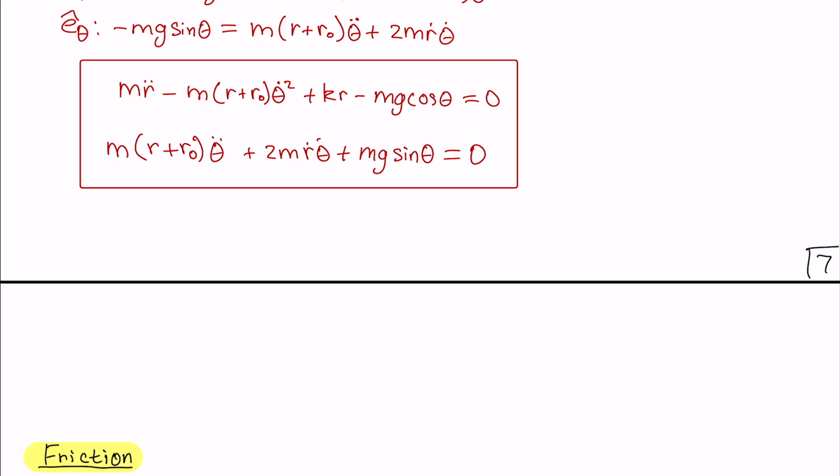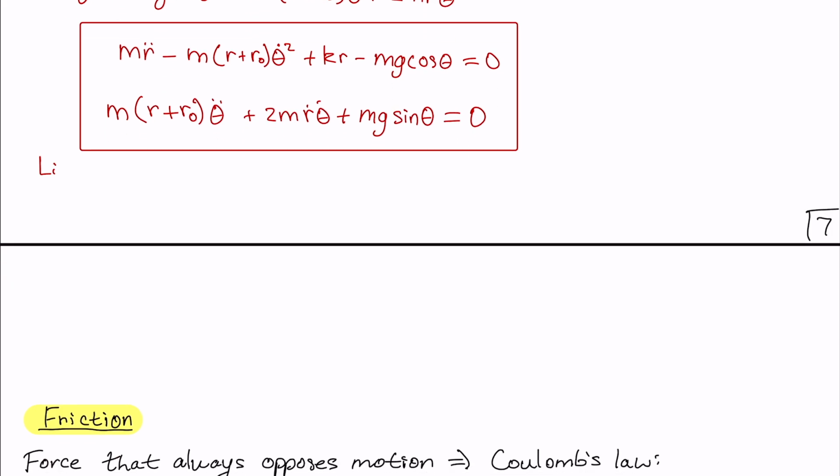We're going to go ahead and linearize these, and we won't be able to eliminate the coupling. If you want to eliminate coupling, you've got to go to another class. You've got to go to 3530. But we'll linearize these, and we'll see what the linear equations look like, and we'll see how it's almost decoupled. So we're going to linearize